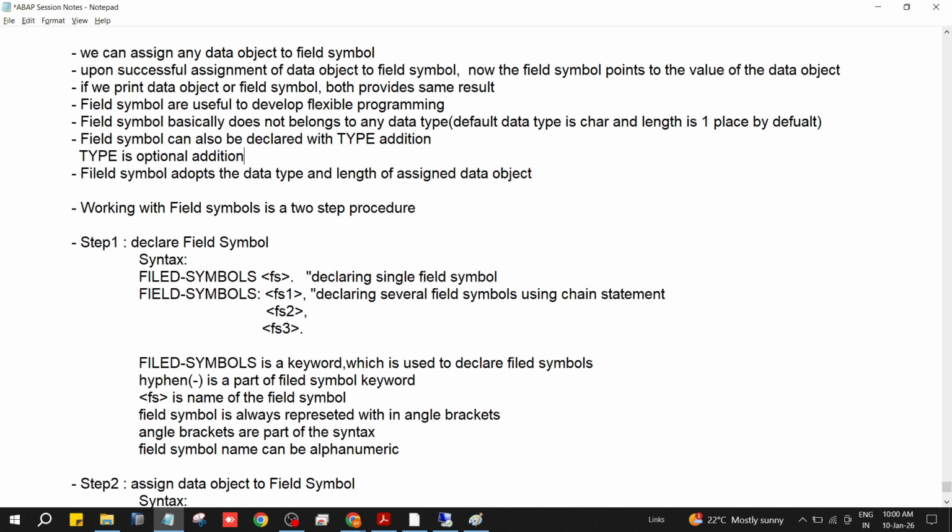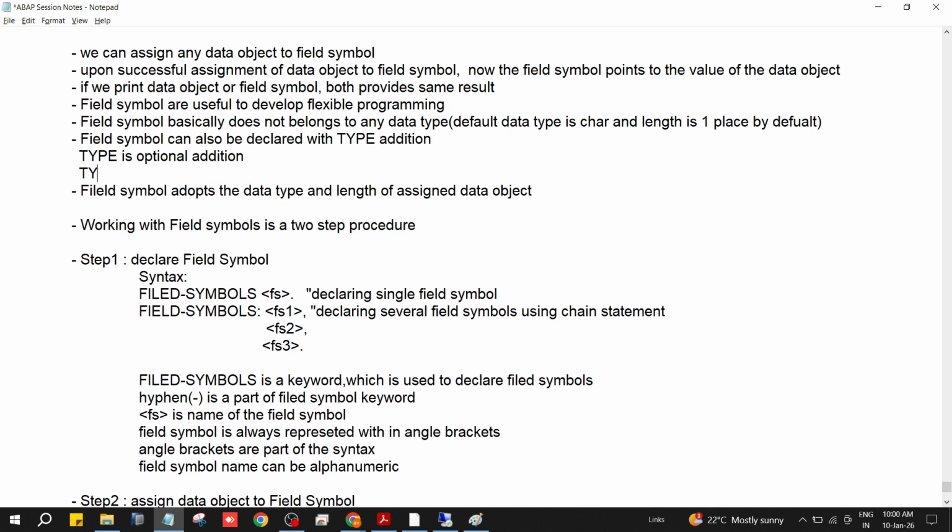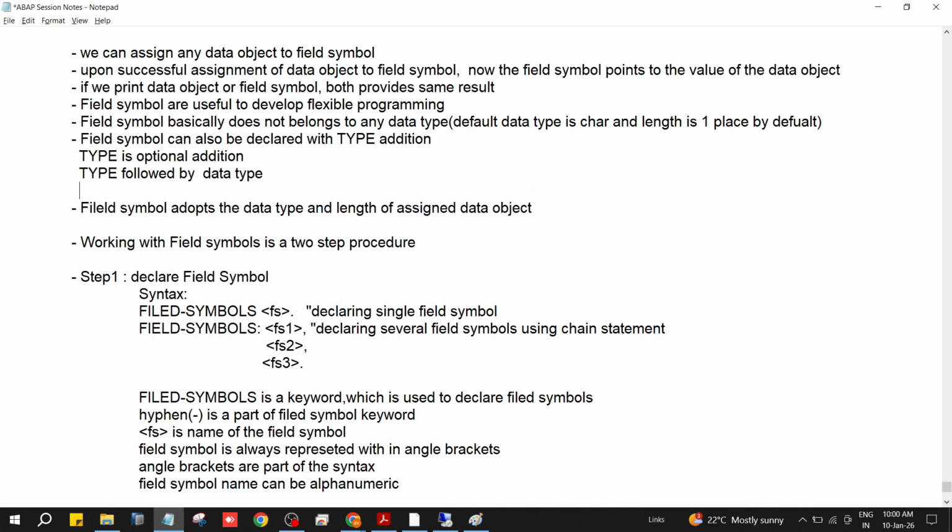Type is followed by a data type; that is the fundamental rule. But for field symbols, if the field symbol is declared without type addition,